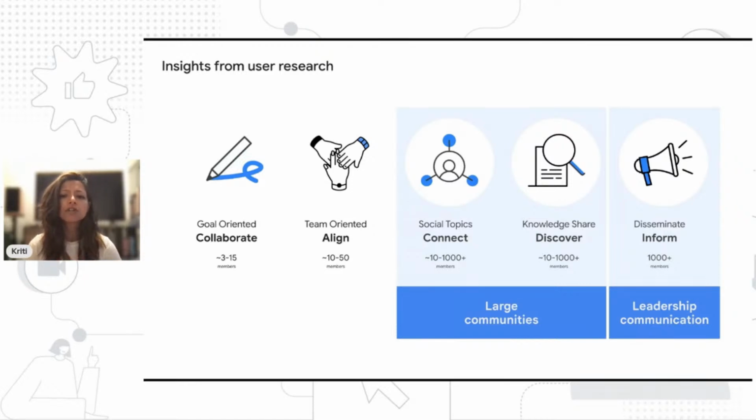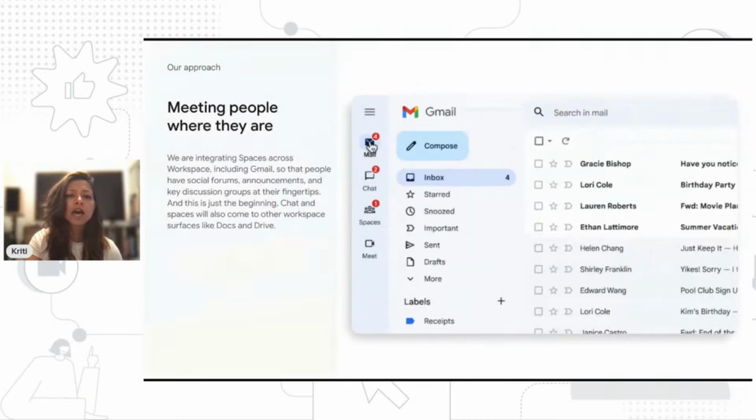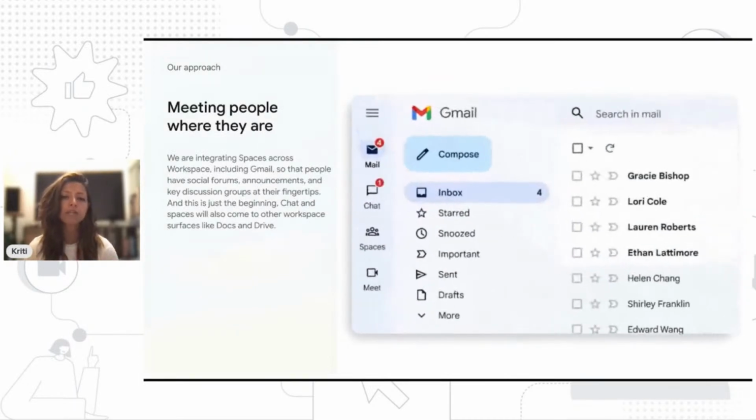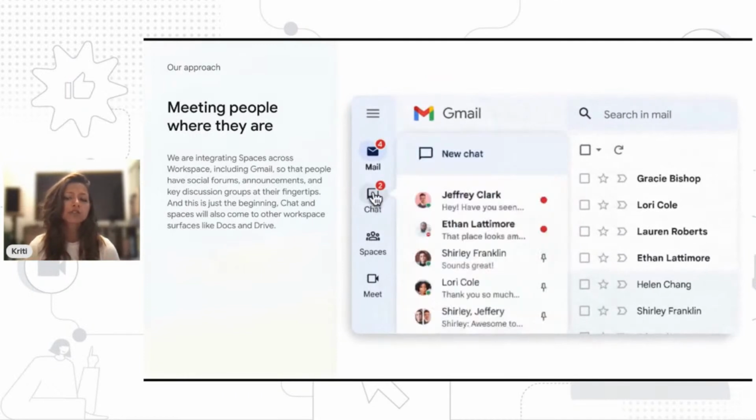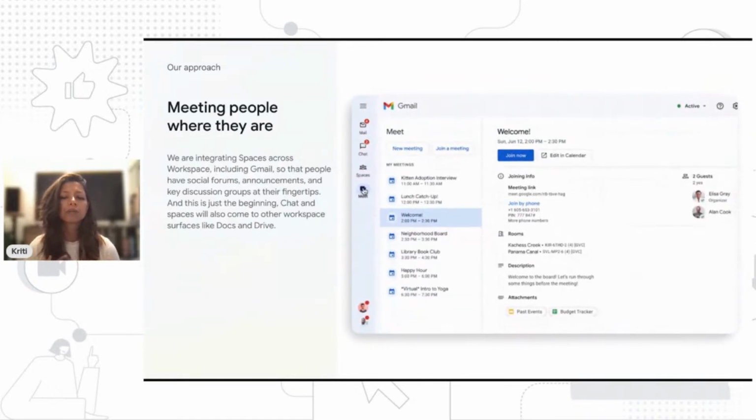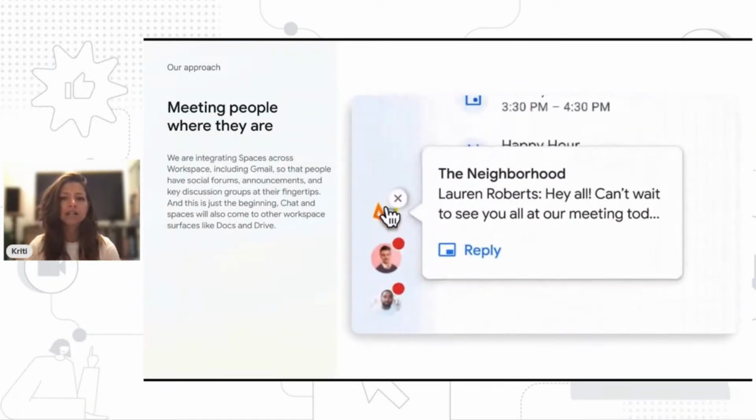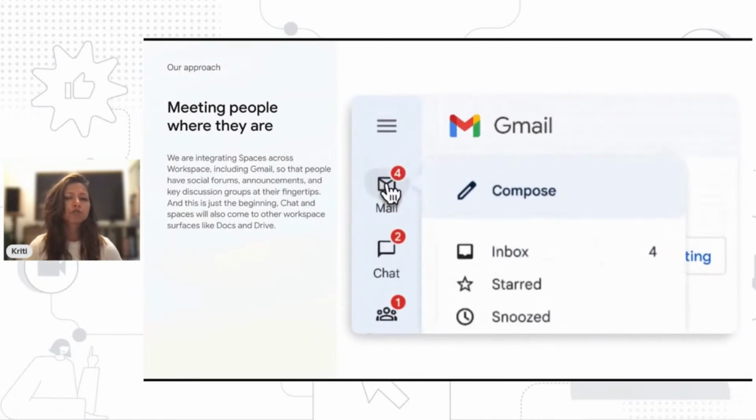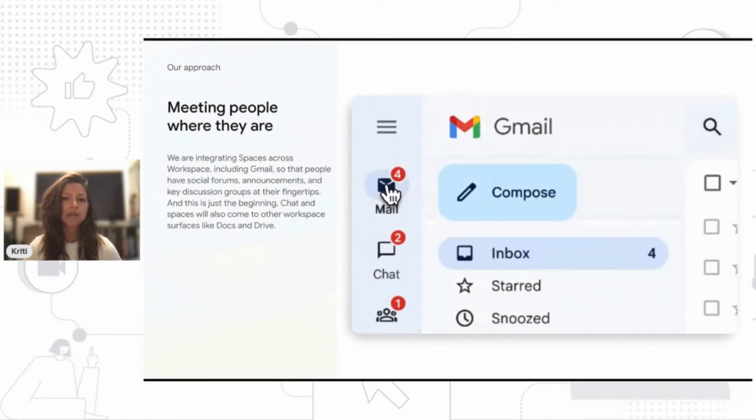So after looking at how the communication and collaboration needs are evolving for organizations, and also looking at the strengths and limitations of Currents, our approach with Spaces is to integrate it into Workspace and meet people where they are. Because Spaces is directly built into Workspace and also integrated with Gmail, people have access to everything that is important to them in the same tool. From social forums to announcements to team-based